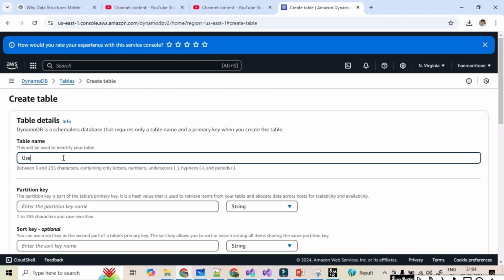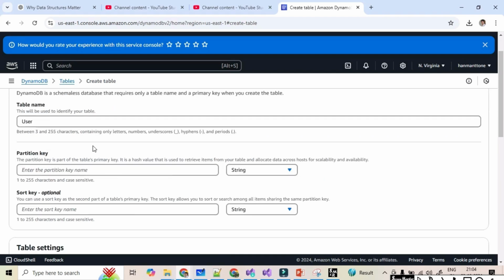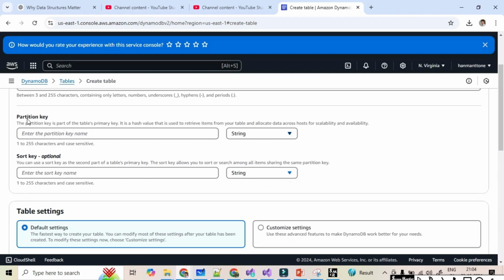So just add here user, and if you come down there is a partition key and a sort key. The partition key, if you can see, is similar to the primary key in our SQL tables or any other tables. In the same way it is a partition key, a unique key in DynamoDB, so we need to specify it here. Suppose in a table there are three columns like ID, name, and mobile.